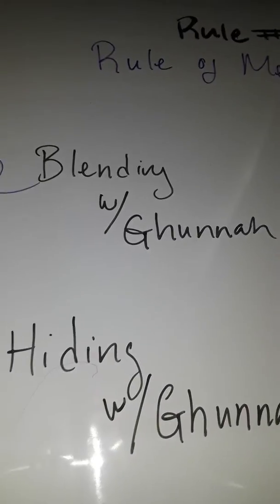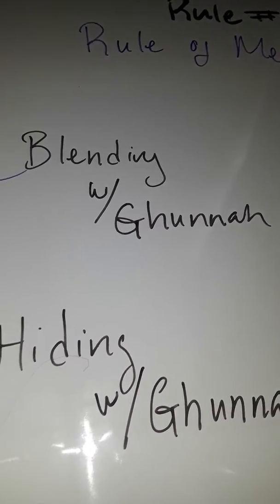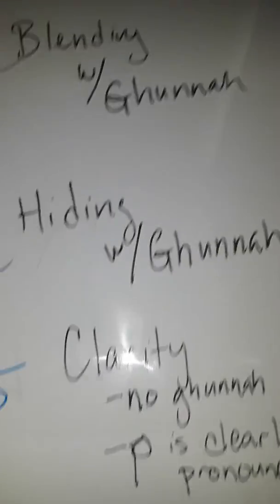We are on rule number 15, the rule of a meme. This is a lot easier than the noon rule, so don't worry. It's super easy. There are two rules, and you can usually tell them because the meme will have nothing on it. Again, that's a hint that something is up. The meme will have the absence of a vowel, no marking, no sukoon, nothing.